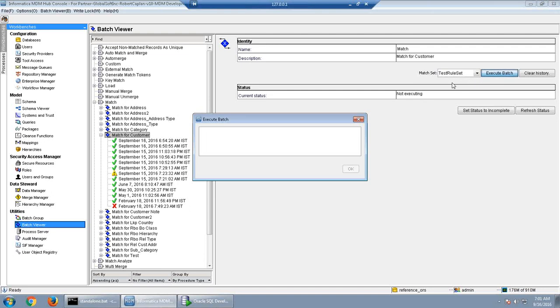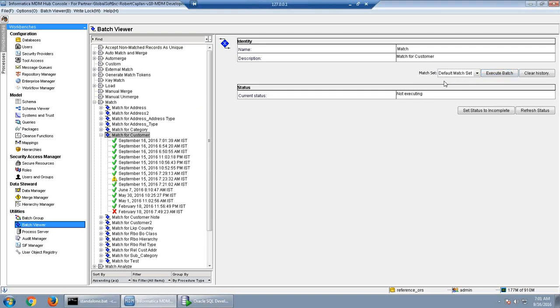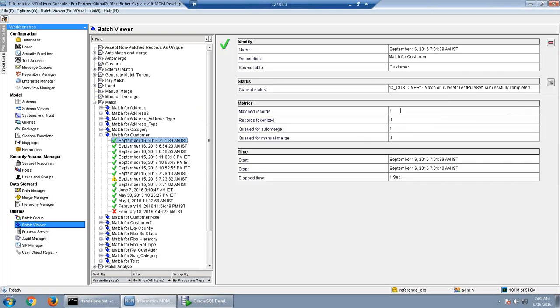Here I am going to execute the test rule set, which is not the default one. So I will have to select this test rule set from the drop down and then click on execute batch. If we had made the test rule the default, then we would not have to select it here. In this, only one record matched, and one is queued for auto merge, because this is an auto rule, that is why it is showing queued for auto merge.